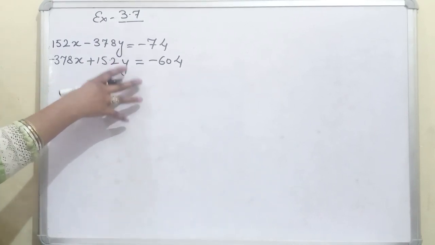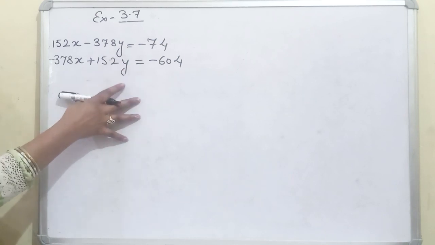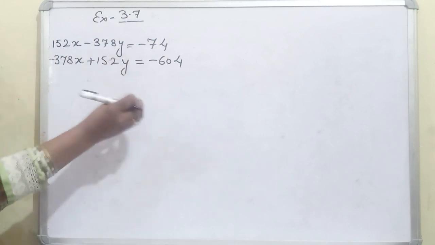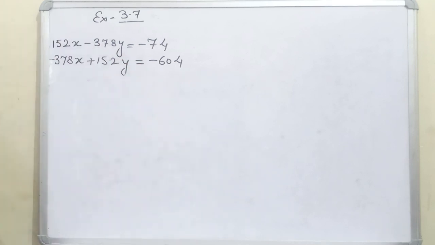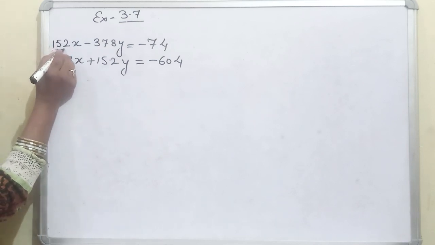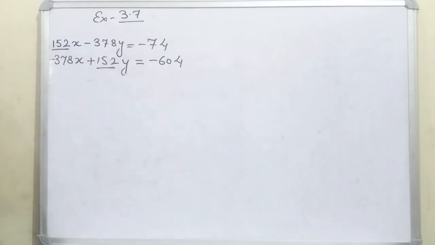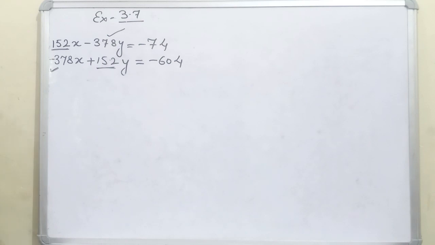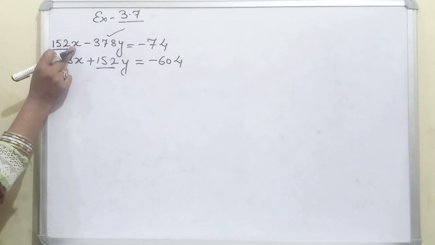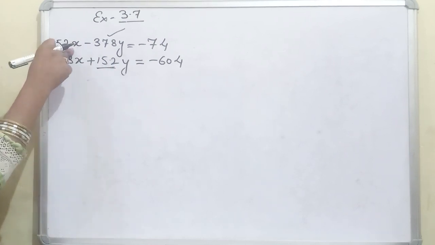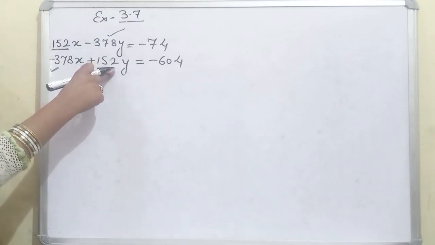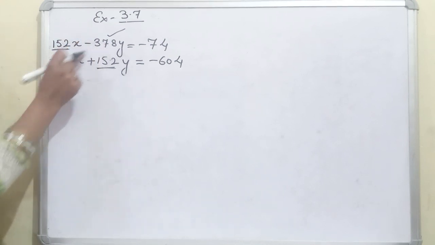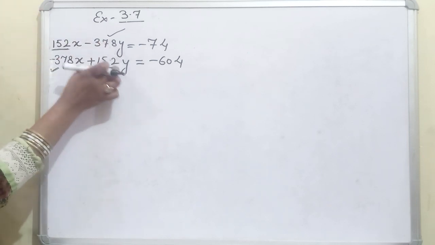I hope you have tried this question, but I will give you one more method for this type of question. What kind of questions are these? What pattern do you observe here that tells you when to apply a particular method so the calculation becomes easier? 152 here and here also 152. Here minus 378 and here also minus 378. So whenever you have two equations in which the coefficient of x in the first equation and the coefficient of y in the second equation are the same, and similarly the coefficient of x in the second and the coefficient of y in the first are the same,